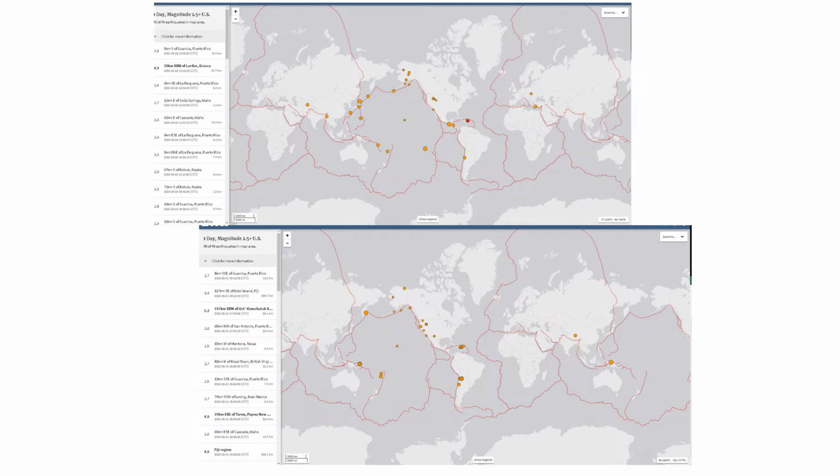Before we get started, I just thought I'd have a look at this, just so I was putting the lesson together. This is on Friday the 1st of May. I thought I'd make a comparison between what we were doing last week and what I want you to do this week. If you look at the top slide, this was last Friday, the number of earthquakes of a magnitude of 2.5 and above in the previous 24 hours. And you could see that most of those earthquakes were appearing very much on the plate boundaries.